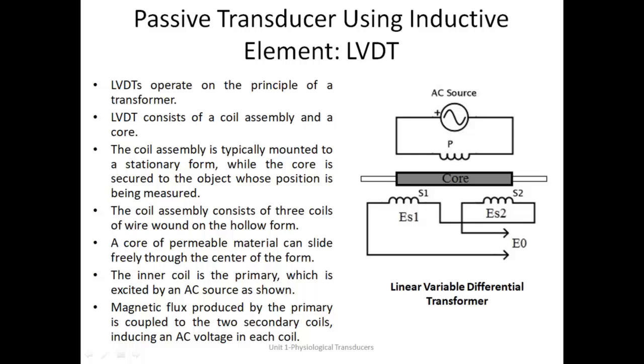This is based on the principle of a transformer. Just like in a transformer, we have a primary winding which is connected to the source voltage. Then we have two secondary windings, and in between we have a core. This is a magnetic core. If you see this assembly, when you supply a source to the primary winding, there is some current flowing into it. Now in the close vicinity, when there is a magnetic core placed over here, that core gets magnetized,